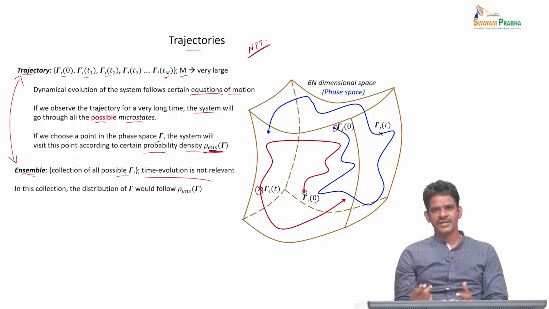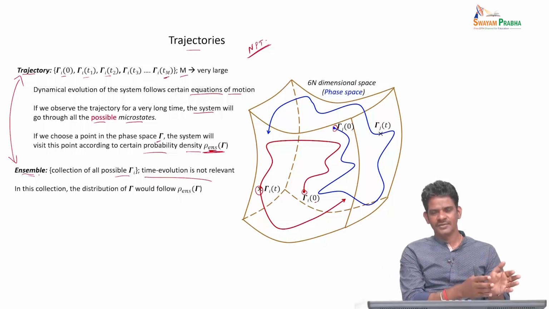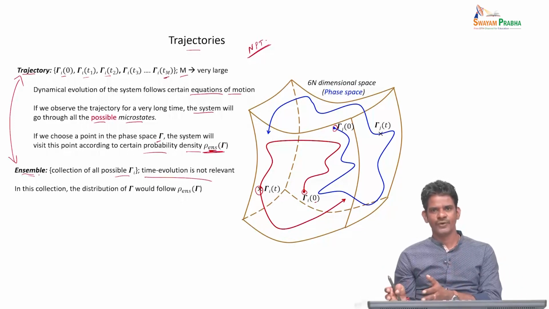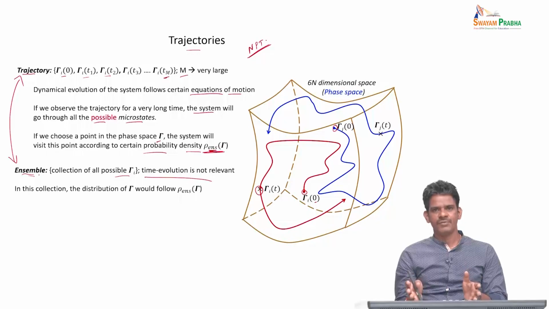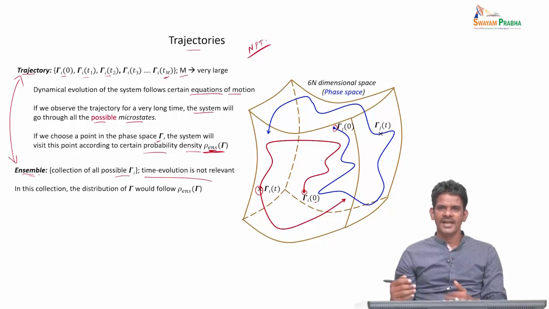So in this case you have a lot of information about how the party went on, who did what, but you don't have information of what happened first and what happened next. So the time sequence is lost. But essentially both processes, the video as well as the collection of photos, basically give the same information about the party, but the trajectory has a little more information about the sequence of the events that happened in the party, whereas in the collection of photos you don't have such time information.